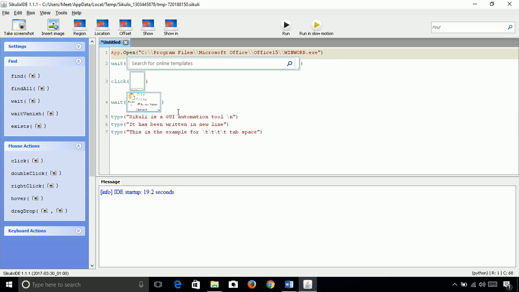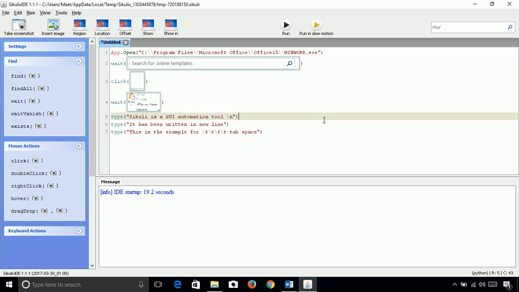Now after that it will write this text: Sikuli is a GUI automation tool, and after that it will enter into the new line, and then it will write it has been written in new line. Here it will give the four tab space before the word tab.